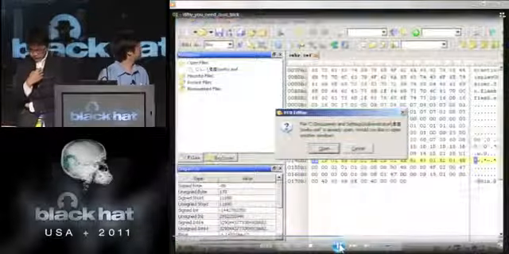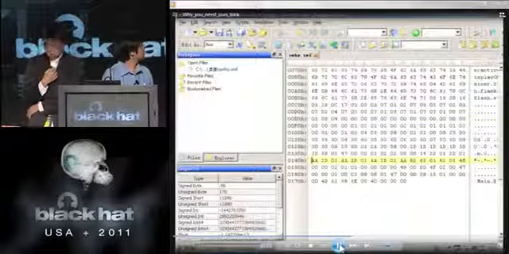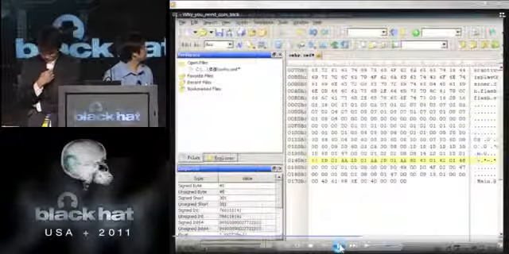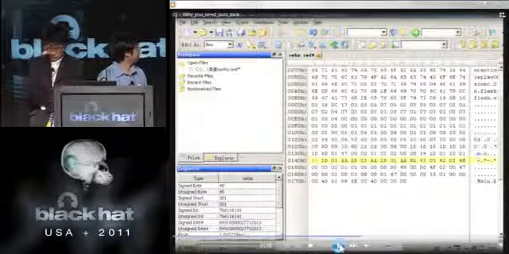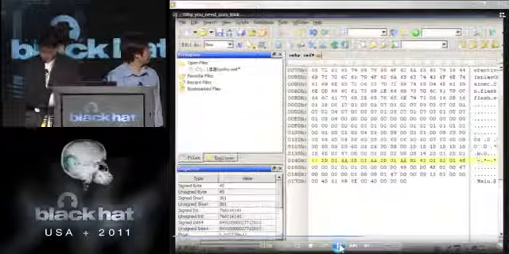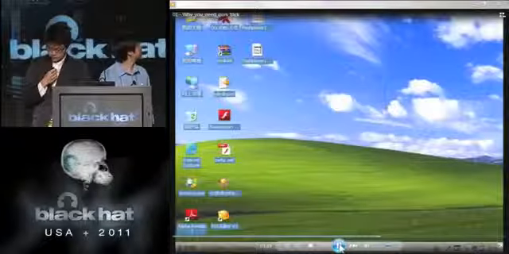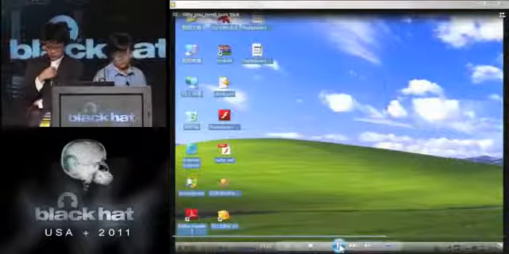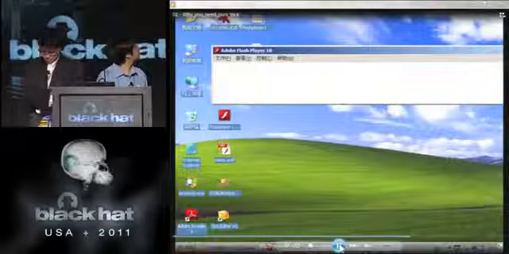Then we use the hex editor. Modify AA to B4, and save the file. Now we load the file again, attach the process, and find the spraying content.